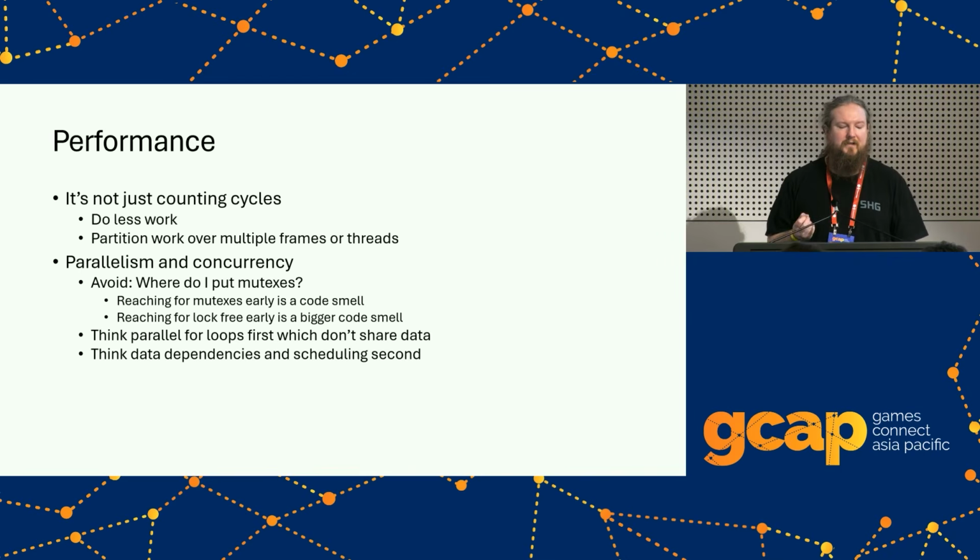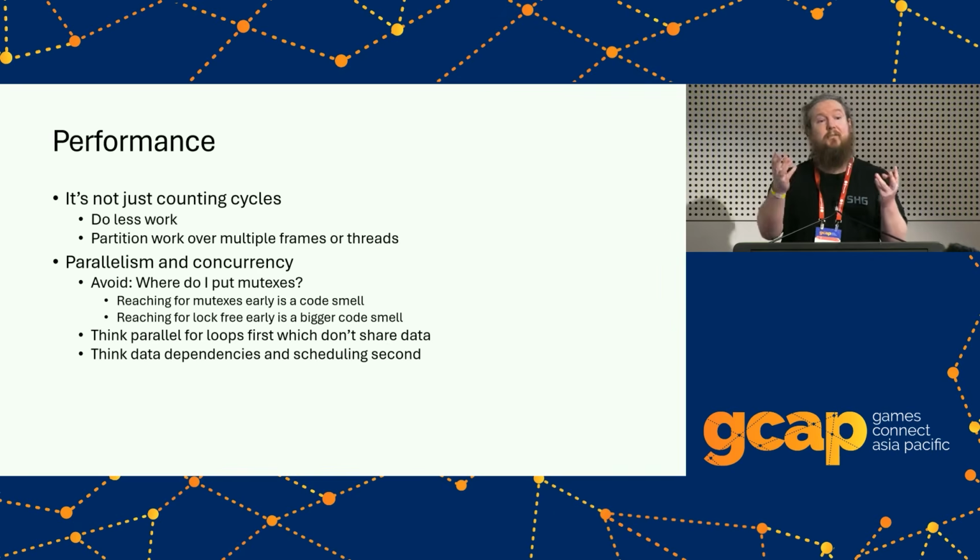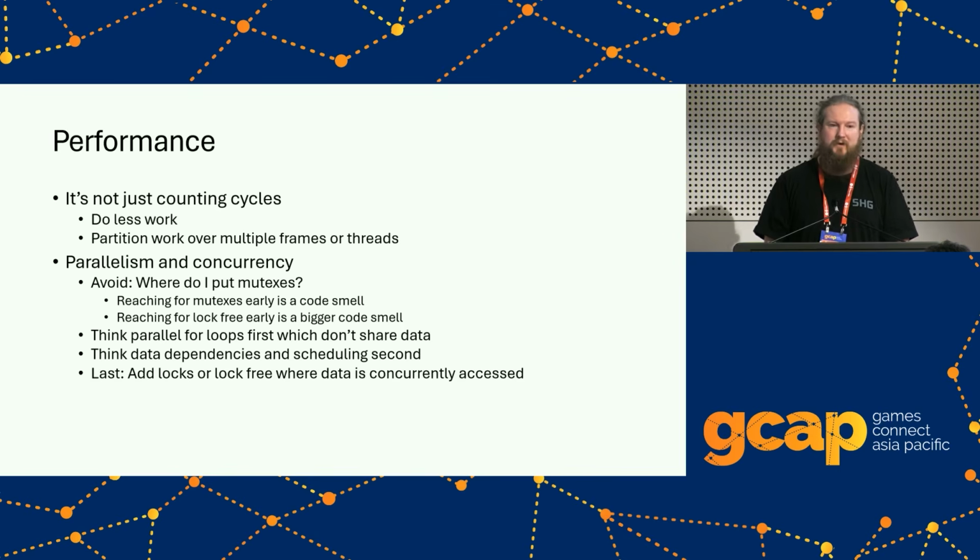And then I think a little bit about data dependencies and scheduling. So if we look at a standard function where you pass in arguments, you've got return values, and then you pass that return value onto something else, if you've got functions that are only taking in arguments and they don't mutate any other state, then you might be able to run those two functions at the same time. So really build out a graph of data dependencies that exist to avoid having to lock anything, because if nothing's writing to the same data or writing at the same time as reading, you don't need to worry about mutexes at all. And then lastly is when you start looking at adding locks or using lock-free.